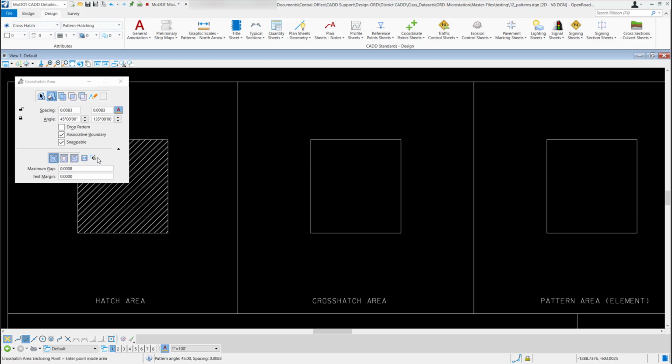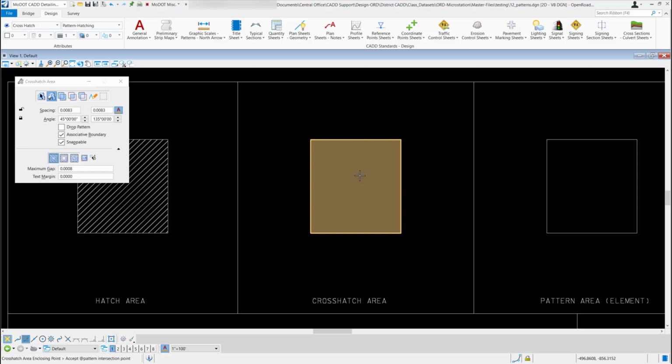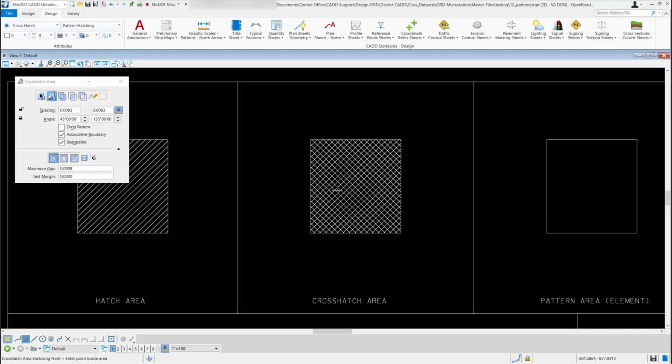And since I loaded the crosshatch tool through the CAD standards, my spacing and angles should already be set for me. Of course, I can always go in there and change these if I want to, but I'm just going to leave them set to what the CAD standard suggests we use. So now with the flood method selected, all I have to do is go out and identify the area I want to flood. So if I want to flood inside of this block, just left click. It's going to highlight what it wants to flood. If that's what I want, I'll just left click to accept it, and it's going to put in that crosshatch for me.